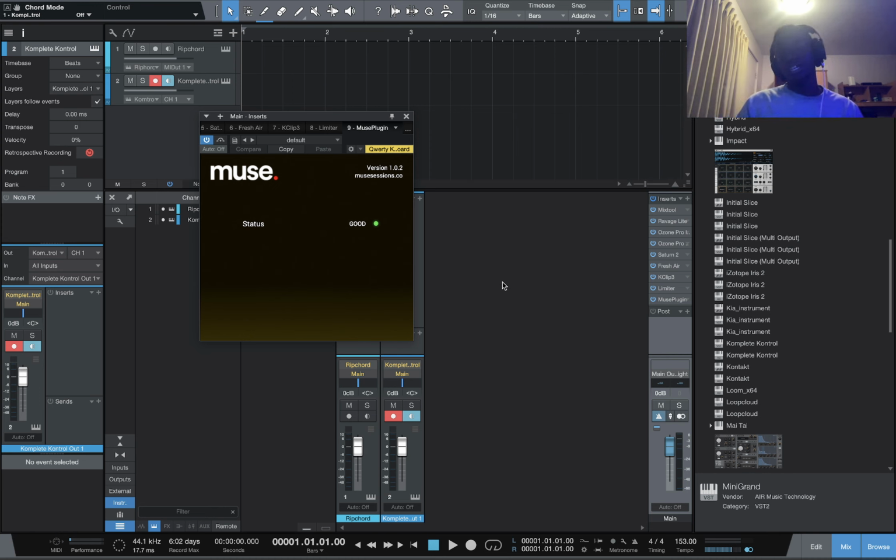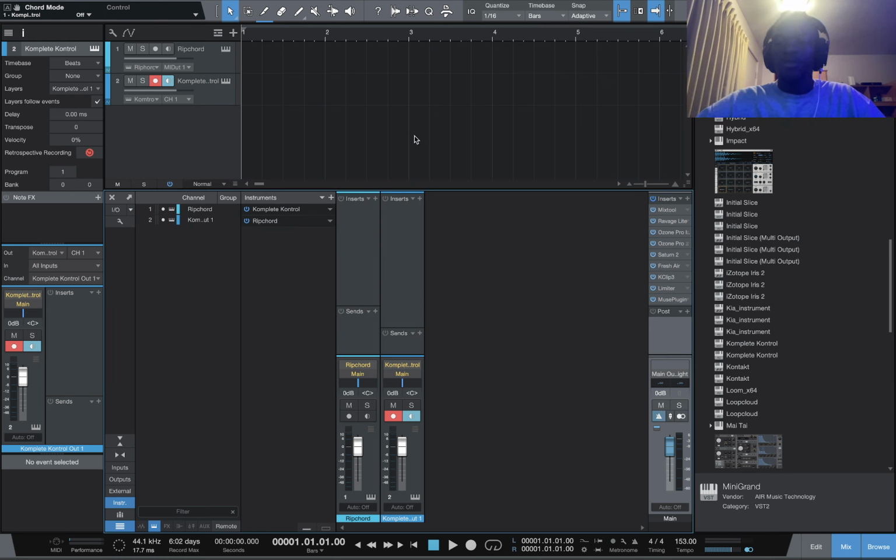So now that you have a pretty good idea about my template and how my workflow works, let's make a beat. I'm going to show you how I make a beat. I was going to use a loop, but to be able to show you exactly how the Complete Control and the Rip Chord works, I should probably go from scratch. So let me just start. I'm just going to load up